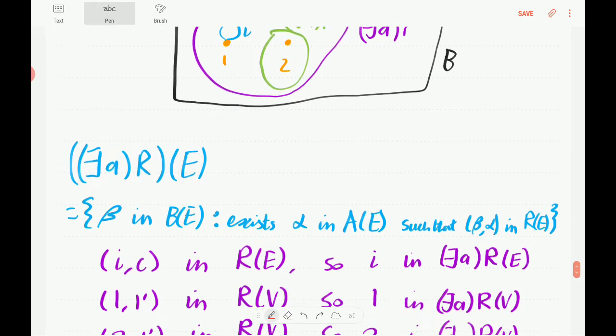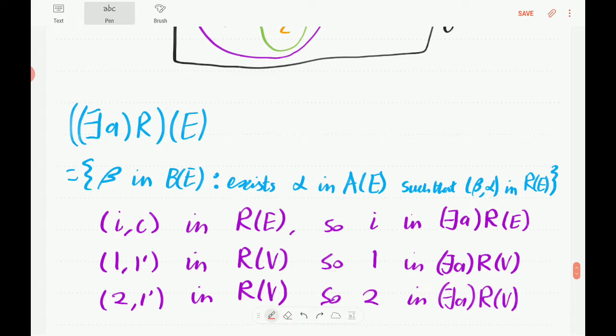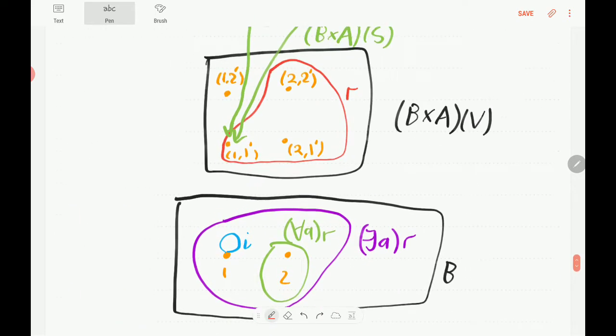So then we can see immediately that since there exists this little c in A of E such that (I, c) is in capital R of E, that means that I is going to be an E figure of there exists AR. Okay, so in other words,